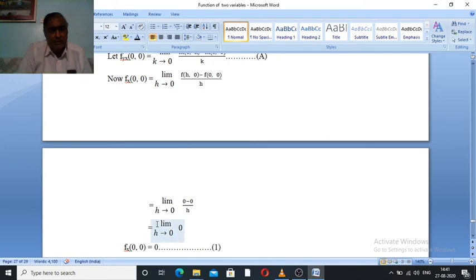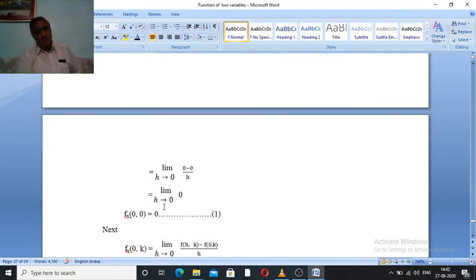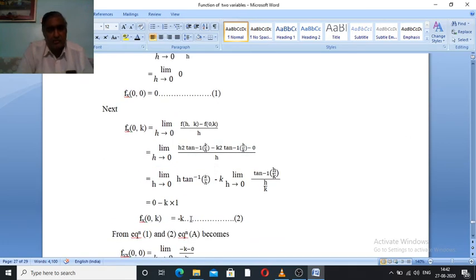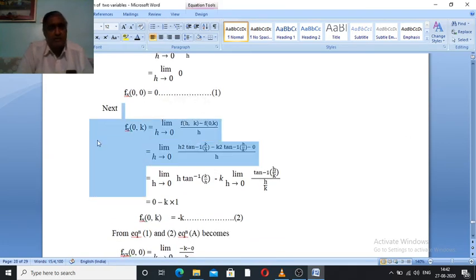But f(h,0) is 0, f(0,0) is 0, so limit h tends to 0 of (0 − 0)/h. Therefore 0 minus 0 is 0, 0 upon h is 0, so limit h tends to 0 of 0. Zero is constant with respect to the limit, so we write directly f_x(0,0) = 0. Suppose this is equation 1. Next,